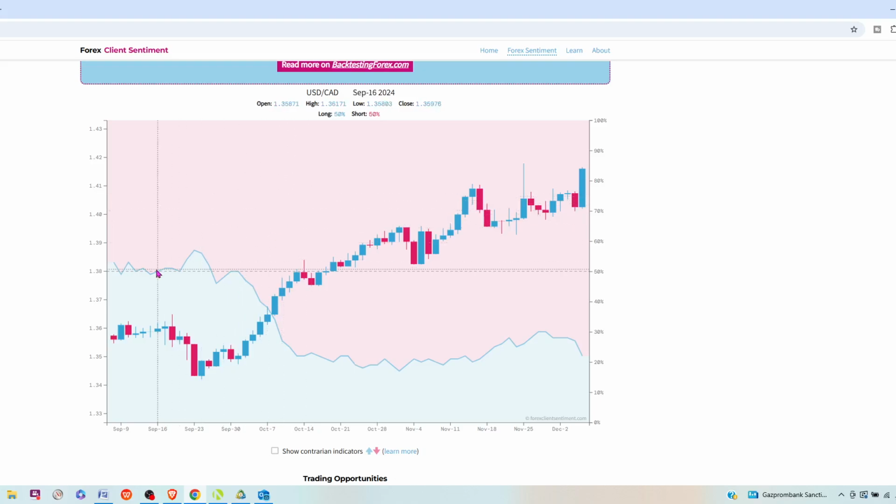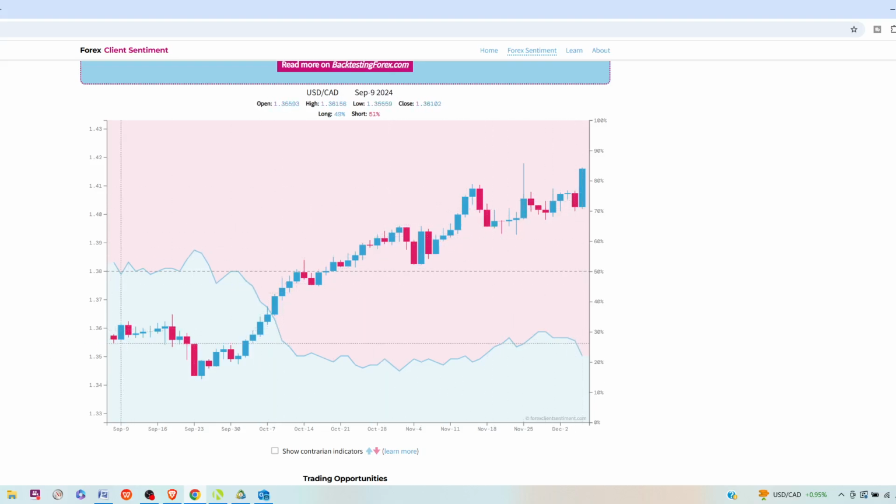This is a textbook example of what we mean by saying 70 to 90% of retail traders fail, and that they often trade in the opposite direction. And I don't know why that happens. I don't know if it's because they're trying to pick a top in this market, so they keep increasing their short positions, thinking every time price makes a new high, they try to pick a top and they increase their shorts, and the market just keeps moving on without them. And you can see, it has.